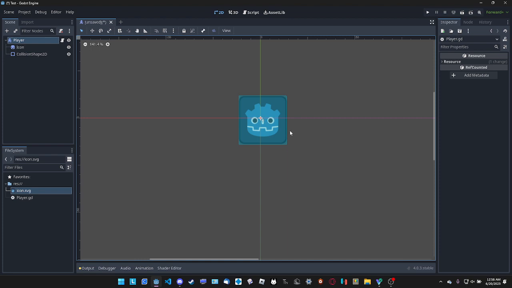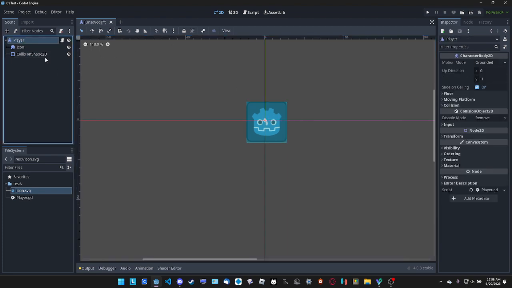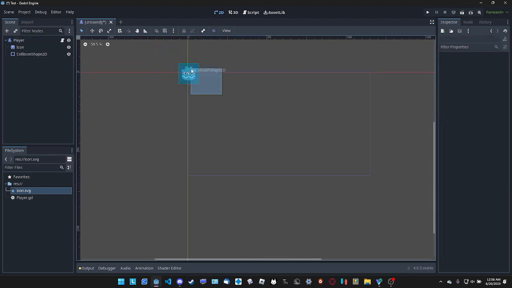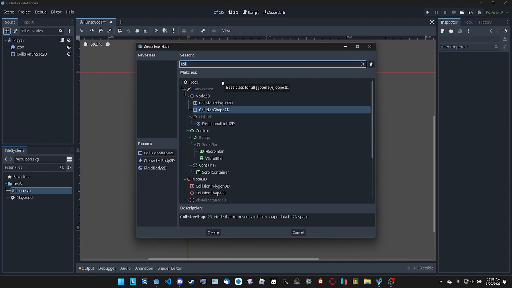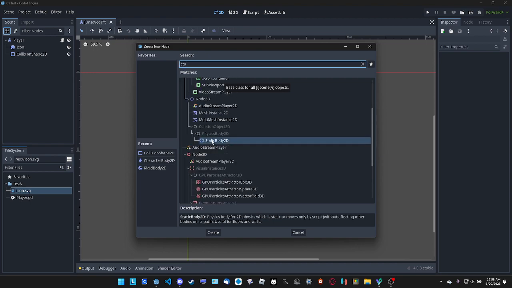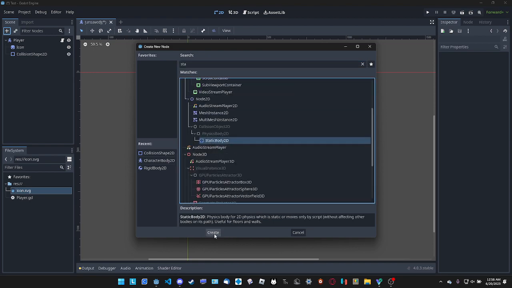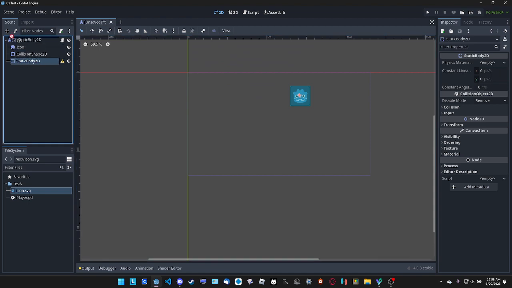So we're going to go back here, and this is the main area, and now we want to add a floor. So to the main scene, we're just going to do static body 2D because it's useful for floor and walls, and I'm going to make it not a child